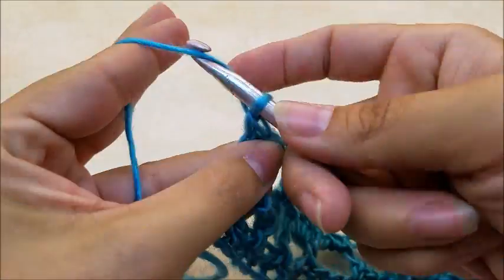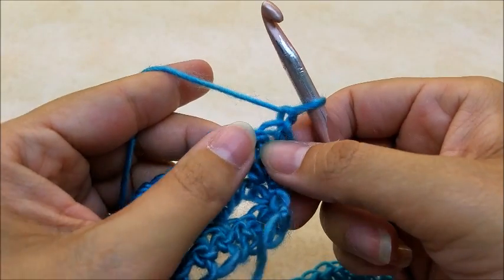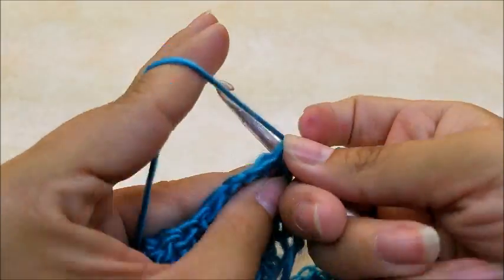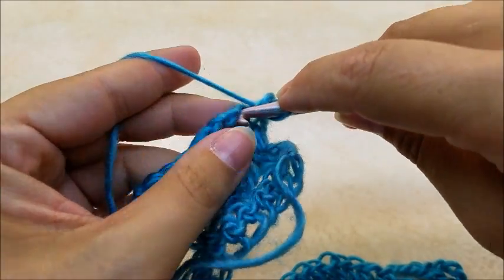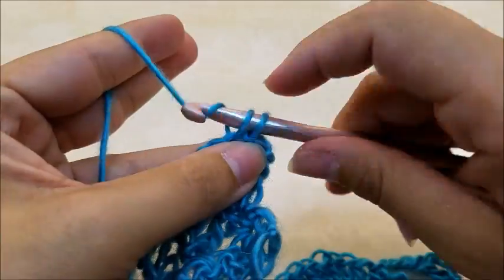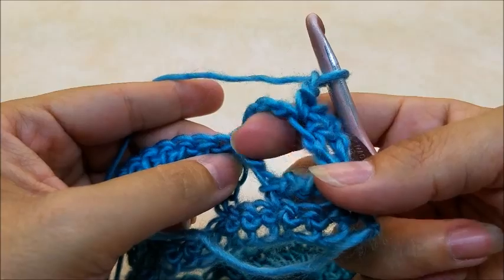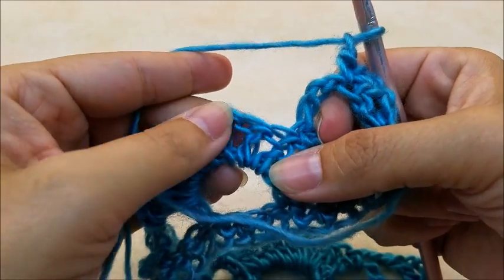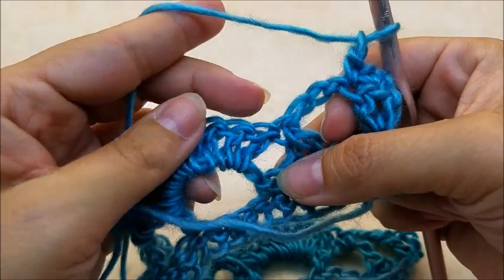Okay, row 4, I'm going to chain 1 and turn, and I'm going to put 1 single crochet in the very first stitch, 1 single crochet into the next stitch, and I'm going to chain 1, and I'm going to skip this chain 3 space right here. And now what I'm going to do is double crochet into my first double crochet right here,